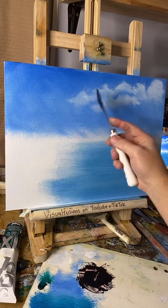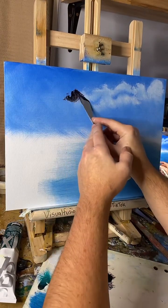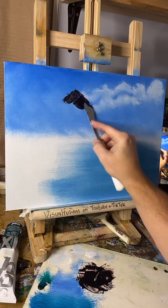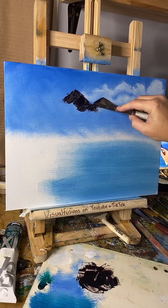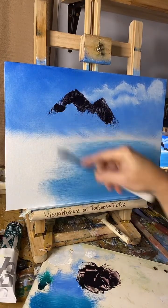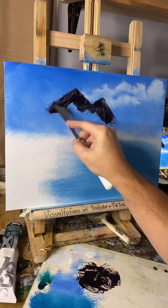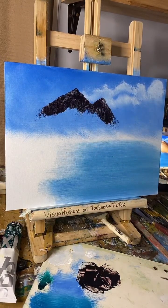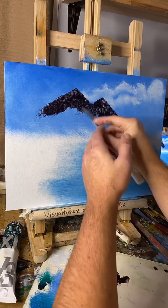So, okay, let's think where we want this mountain. Let's just scratch it in there. So this is just like the base coat of it. Maybe we'll have another little peek there. Again, you don't need a lot of paint on here for this bit. It doesn't look much now, but when I start putting the snow on, it'll look a lot better. Let's have that one coming down there. I'm probably going to have some trees this side and stuff in the way, so...